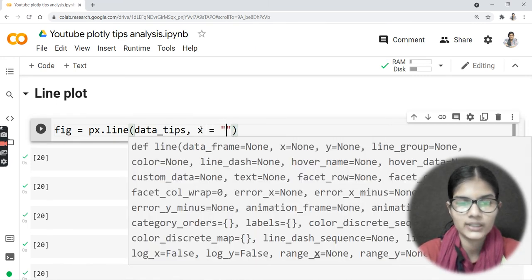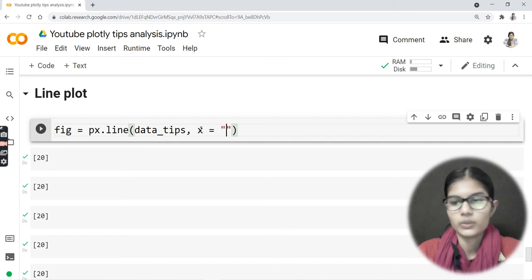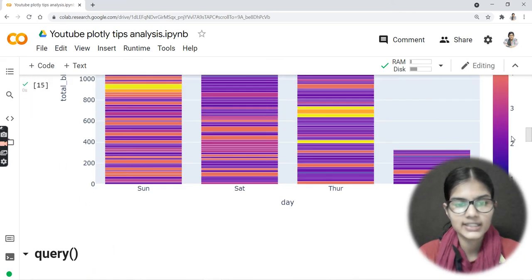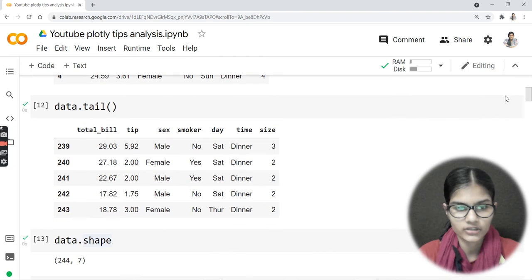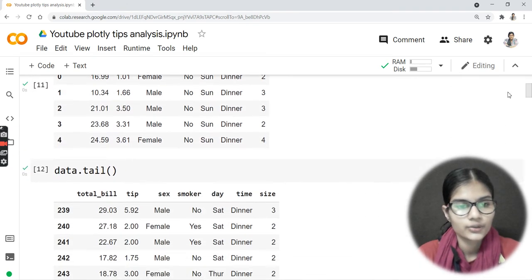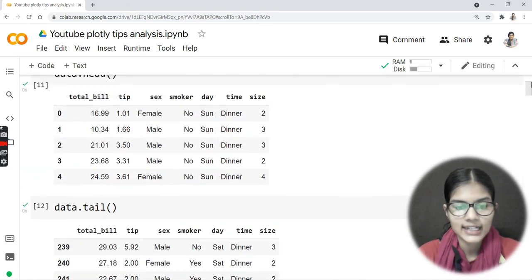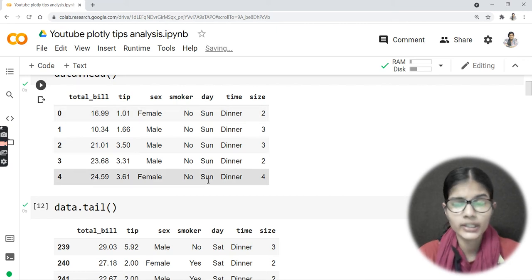So for x, what would I be taking? Let's go above and see the columns which we actually have. Okay, onto the x, I just want some categorical column, let's say. So I would be taking day.